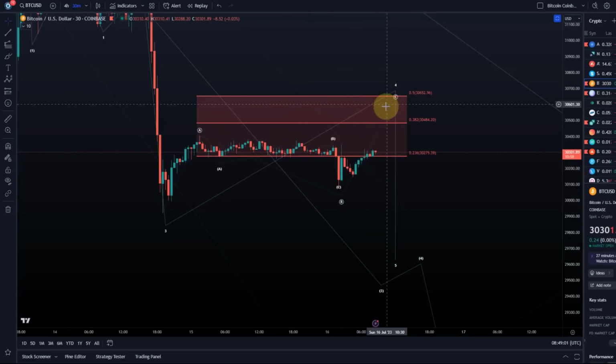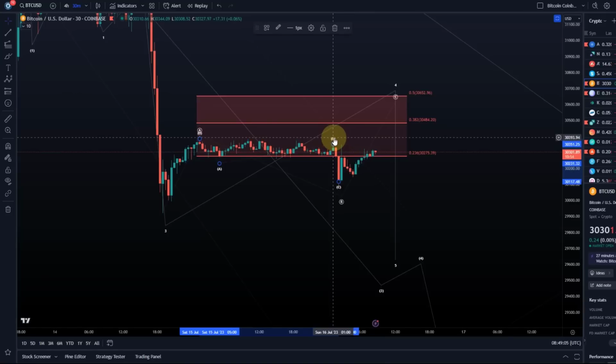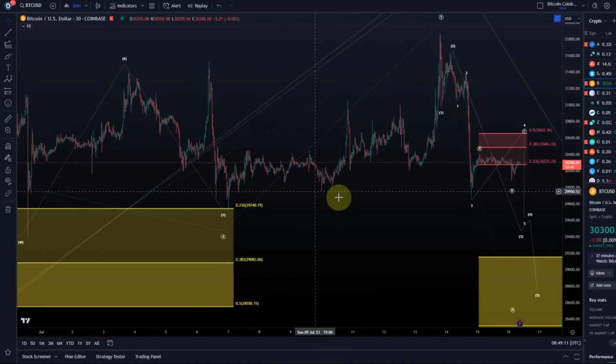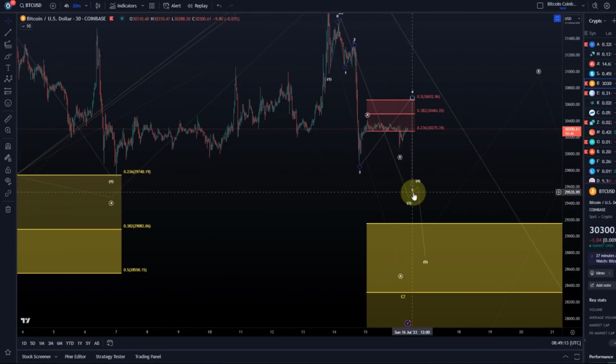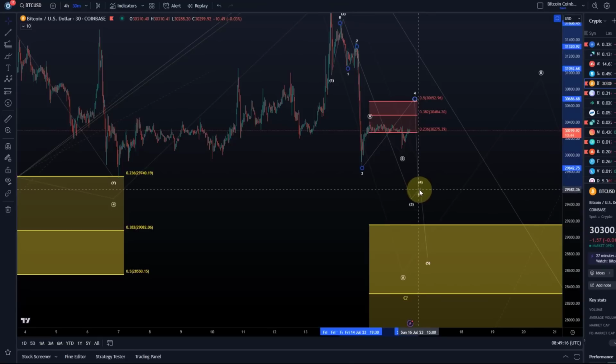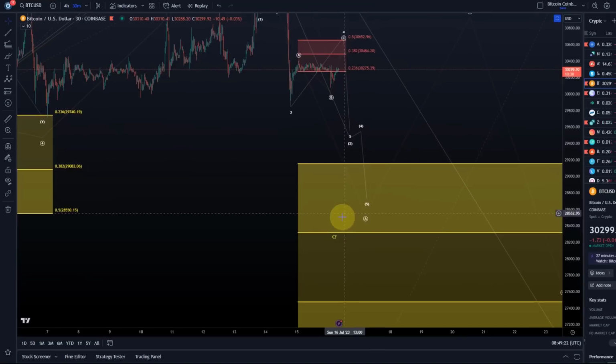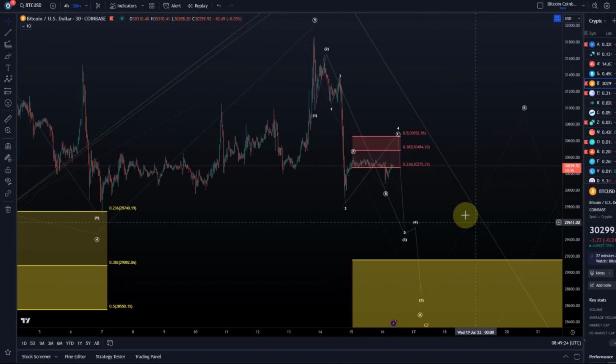The main aspect that you need to look at is that as long as we stay below 30,650, the move down is preferred. And I don't think we see much action today, maybe towards the end of the day, because at the end of the day, with the weekly candle close and so on, you typically see some price action, some volatility, and this is where we're going to get a decision. So I'm still looking at lower, but if we break above 30,650,